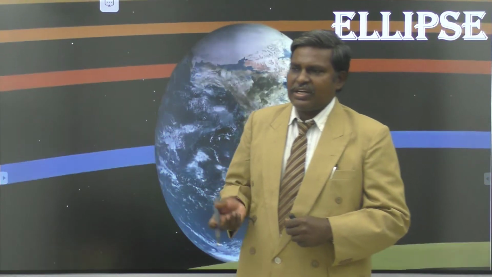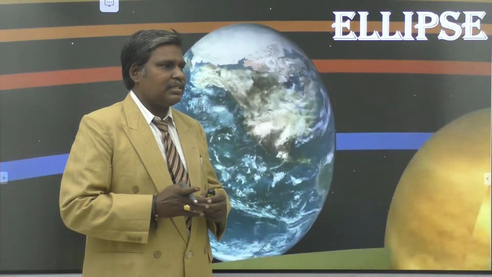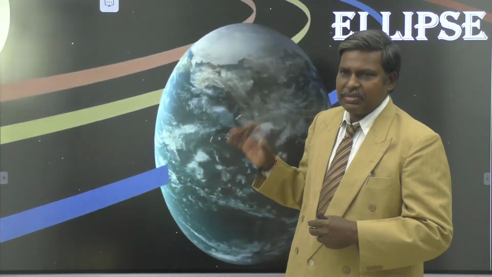Also we derived the condition that the locus of foot of perpendicular drawn from focus to any tangent is nothing but the auxiliary circle. So we derived all these concepts with the help of the general equation of the tangent, that is y is equal to mx plus or minus root of a square m square plus b square.